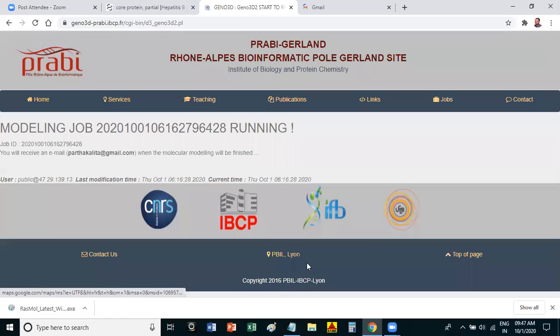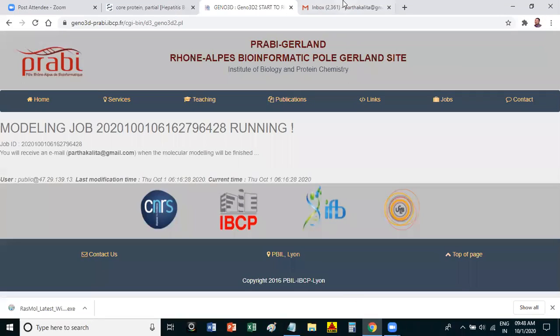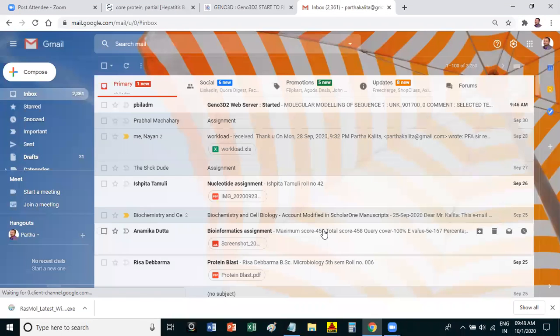So it will take some time to generate the models. Did you study one topic in your biochemistry, the Ramachandran plot? No, sir.